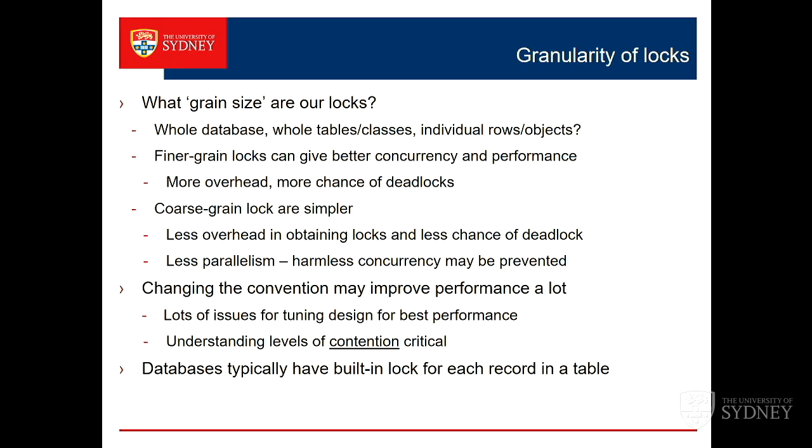And of course, there's more chance of deadlocks, because if I had just the accounts table locked, then I can't have had that previous example, because this instance and that instance are in the same table, so I can't get part of it because I've got to have the whole table. So coarse grain locks are simpler. There'll be less overhead, less chance of deadlocks, and less parallelism, and an increased chance that I'm going to be impeding allowable, useful concurrency.